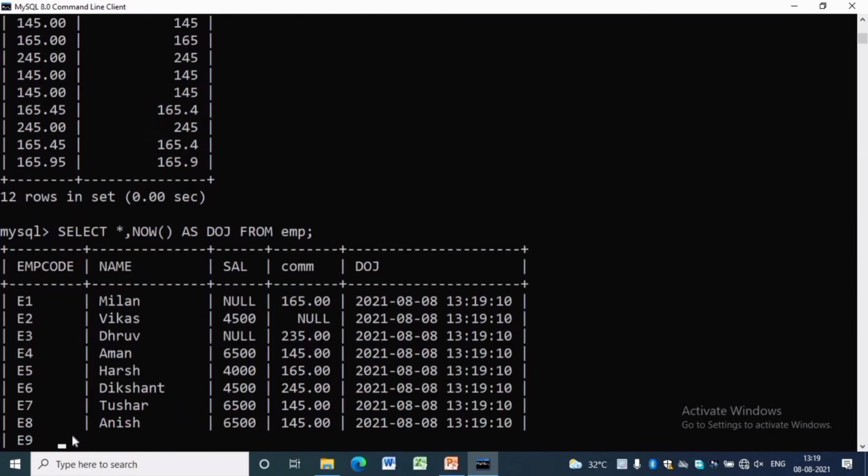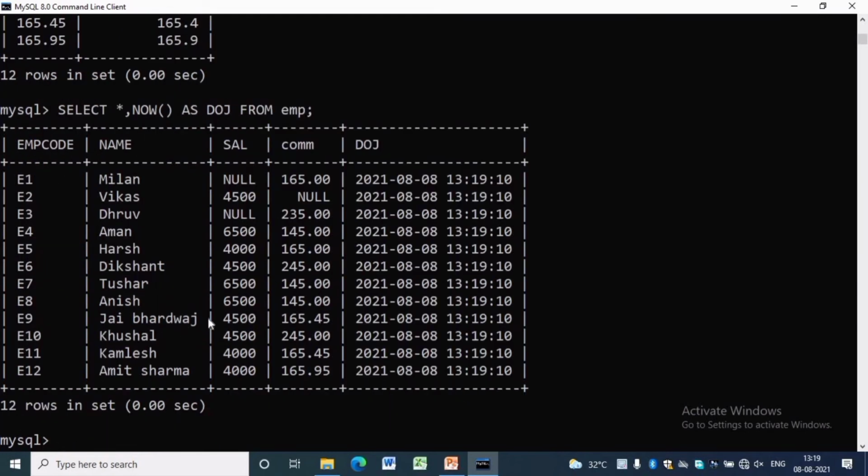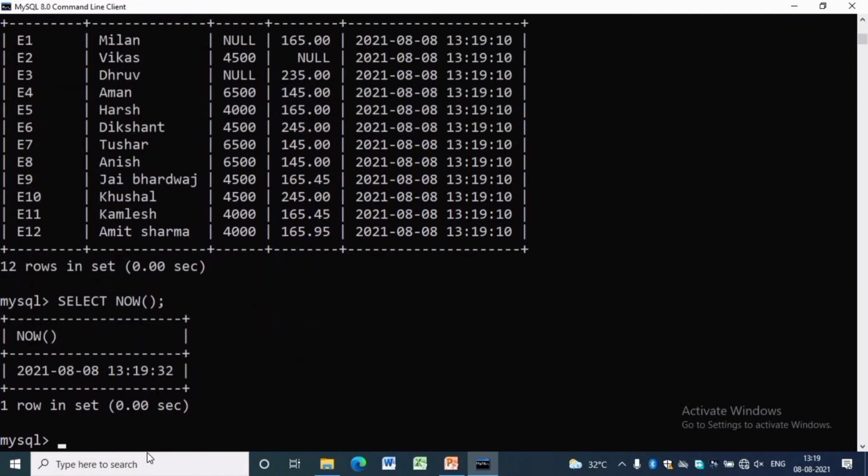The date and time will be the time at which the function executes. We can also write select NOW, then we will get the current date and time. The format will be YYMMDD, then hour, minute, second.